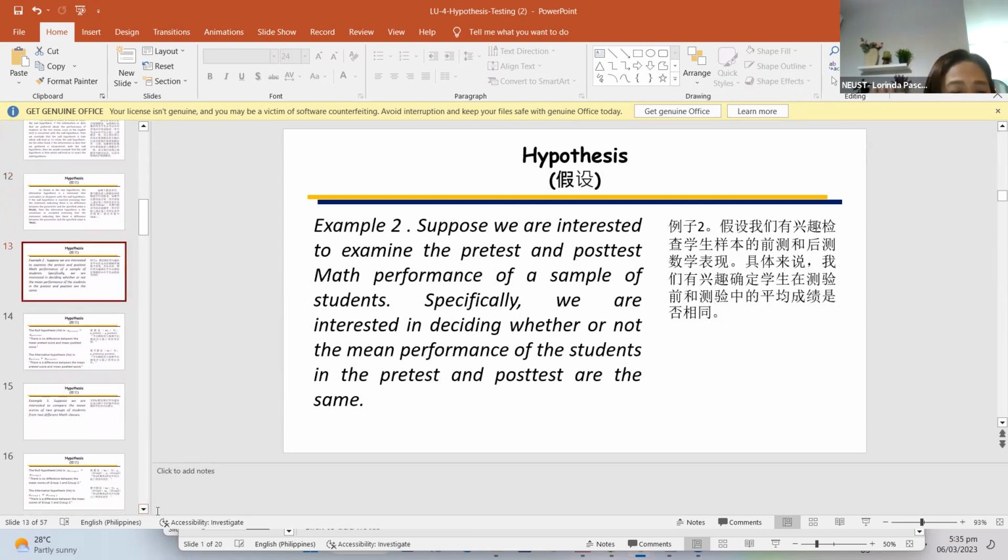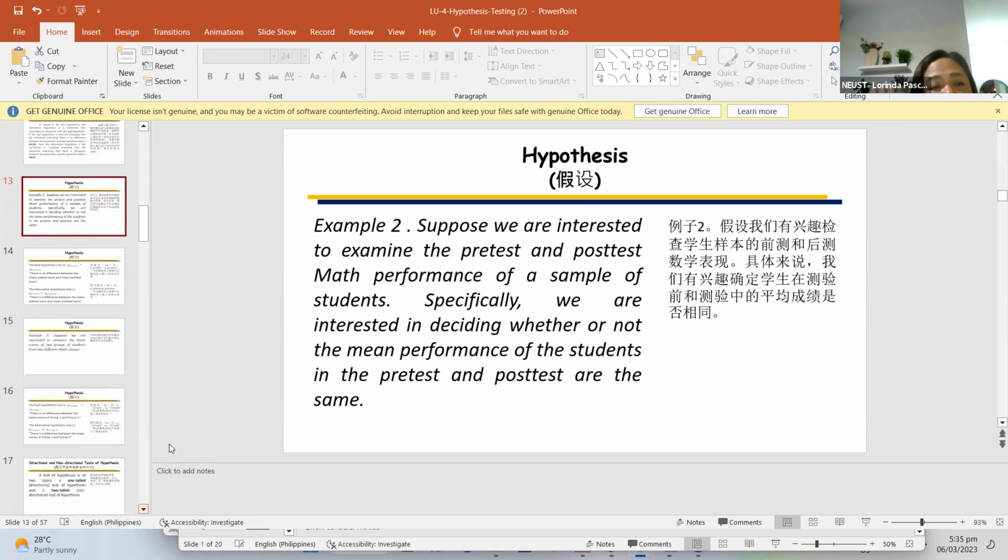So para mas maintindihan natin, let us have another example. So suppose that we are interested to examine the pre-test and the post-test math performance of a sample of students. So specifically, we are interested in deciding whether or not the mean performance of the students in the pre-test and the post-test are the same. So halimbawa, yung sa mga teacher dito, halimbawa ikaw ay nagbigay ng exam. So, titingnan mo sa exam mo yung math performance ng mga estudyante mo. Nakita mo, ang daming bumagsak doon sa math test. So, ang ginawa mo is